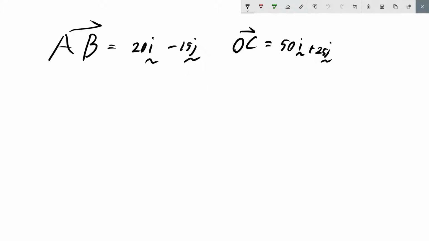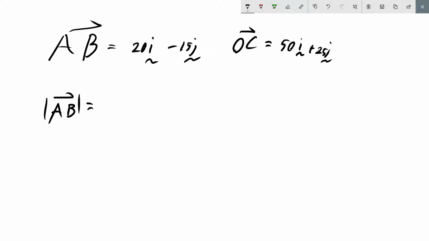So the last thing that I want to do in this video is do an application question. We're given AB and we're given OC, and it says point D is 10 units away from C, and CD is in the same direction as AB. And it says, what is CD? So this is where unit vectors will come in handy. I want to keep the direction but change the magnitude. So I can find whatever AB